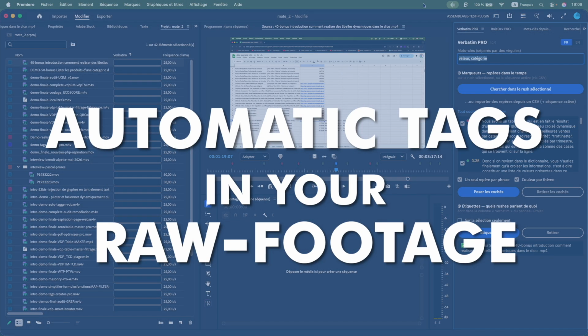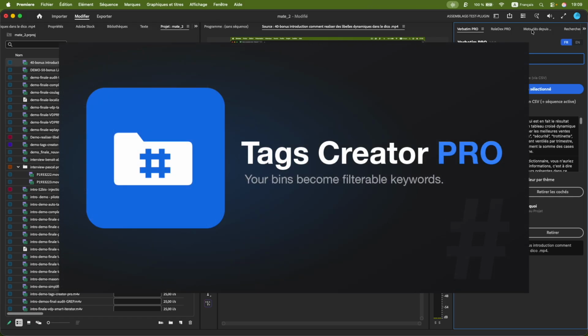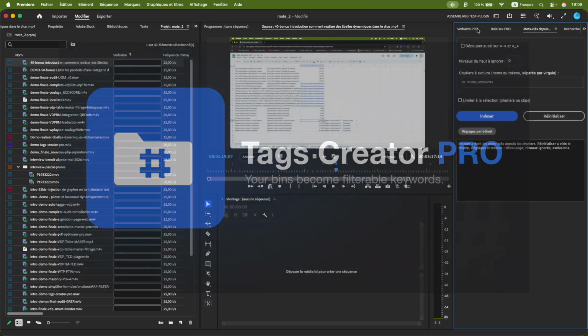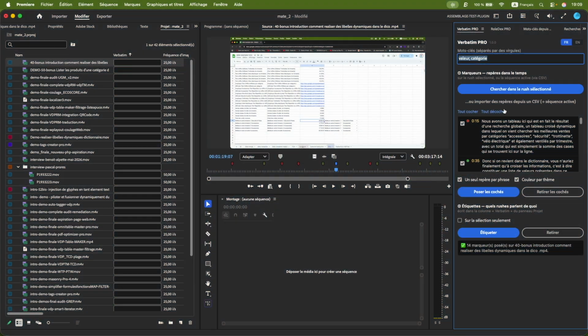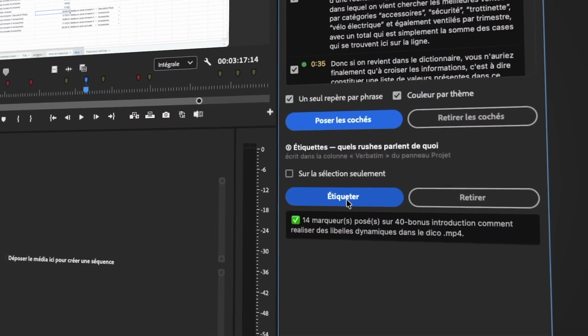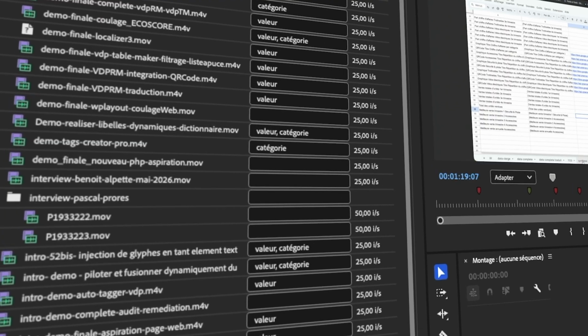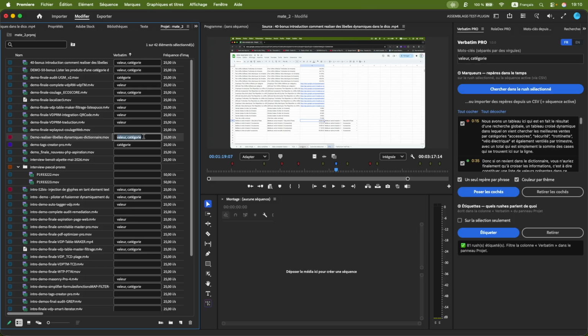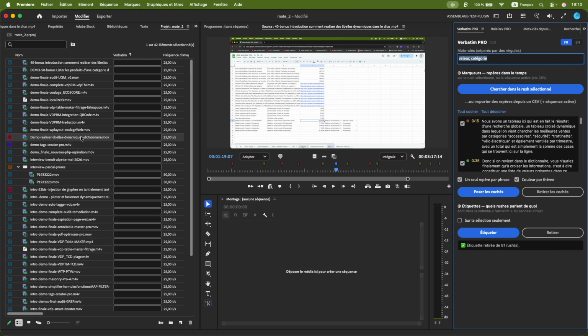And if you should so desire, Verbatim Pro will allow you to go even further by offering you the option to tag your clips directly, quite simply, from the bins containing your footage. That is actually the job of my plugin, Tags Creator Pro. But to check for the presence of these words directly in the transcription done on your clips. And for that, all you have to do is click on the word tag, and quickly you'll see that all your clips are identified as containing only a single one of the words, or even both of them at once. There is also a button that allows you to remove them, and there is also a button that